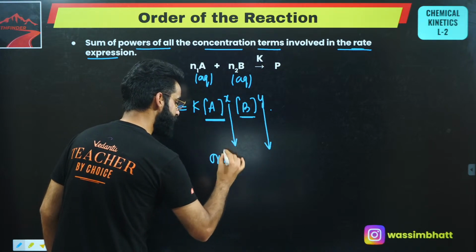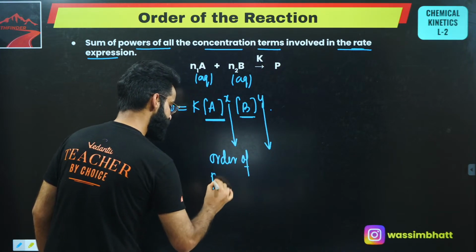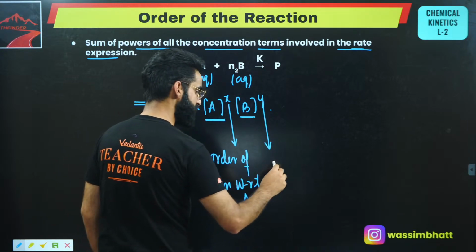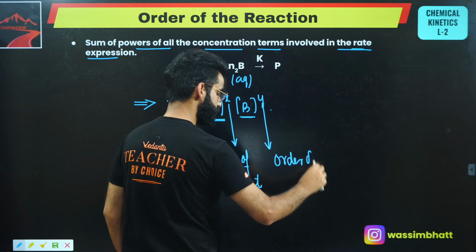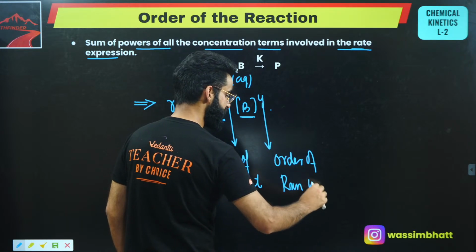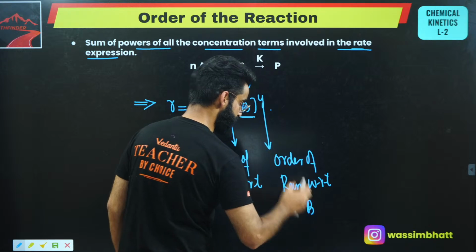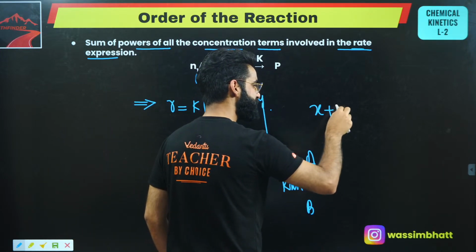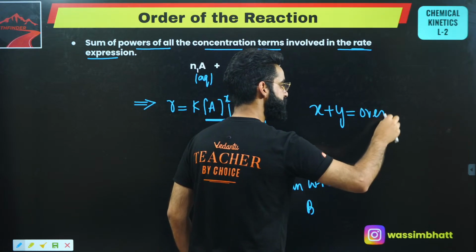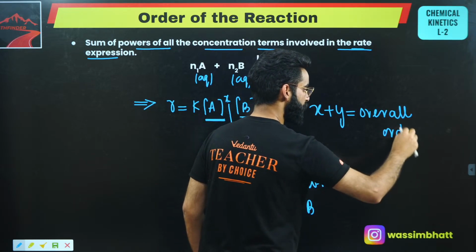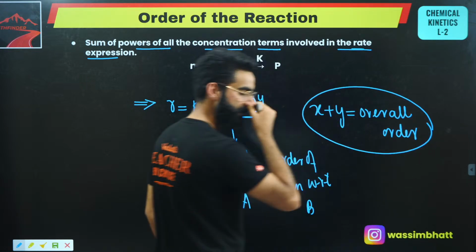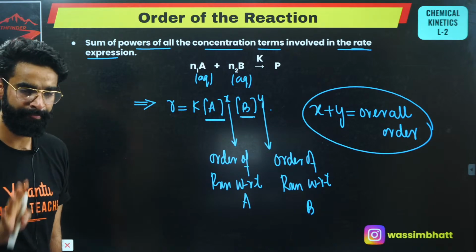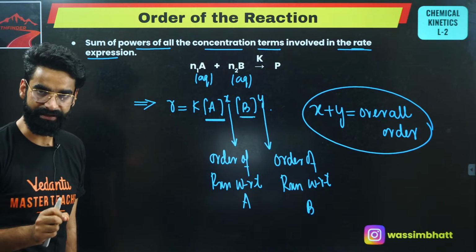This X is what I call the order of the reaction with respect to A, and this Y is the order of the reaction with respect to B. If I take the sum of these powers, X plus Y, that is what we call the overall order of the reaction. What is the significance of this order? You'll get the idea of that in some time. But remember, whenever I need to calculate the order of the reaction,